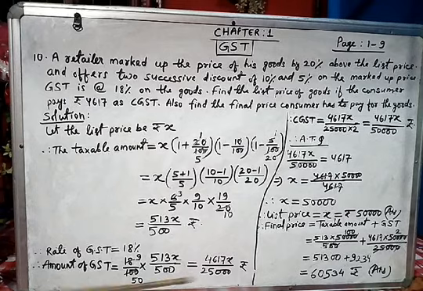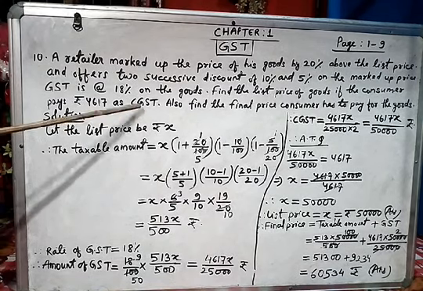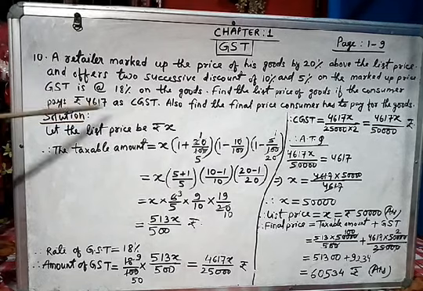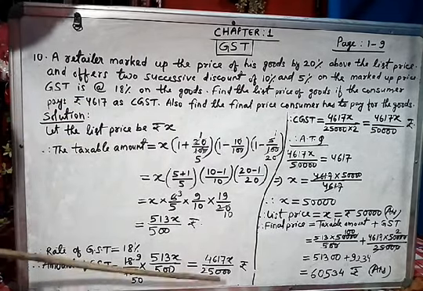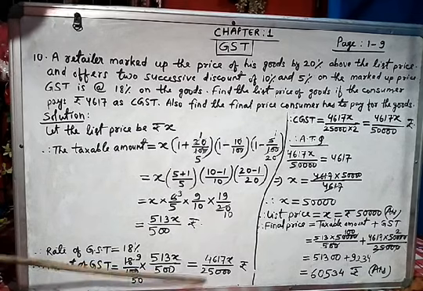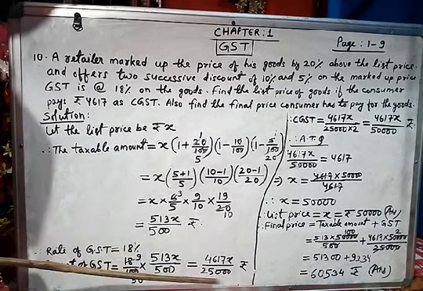As you all know, the GST amount is equally divided between the central government and the state government. So 50% will be taken by the central government and 50% will be taken by the state government. But we know how much the central government has taken. The central government has taken 4,617. So we are going to take out 50%, that is half of the GST amount. So we are going to divide by 2.